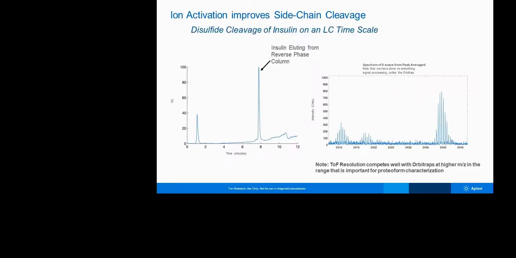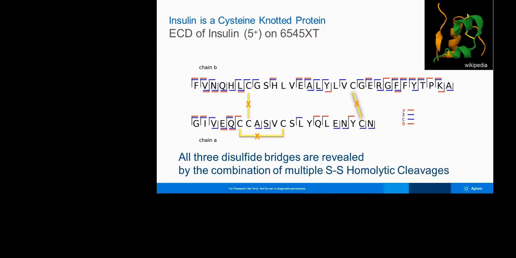And here's an example of analyzing insulin. So this is insulin that's not reduced, and it's eluting off a standard HPLC column. And you can see that you get very nice fragments with ECD spectrum that are nicely resolved. And if we start to analyze that, what we found was we could characterize where all 3 disulfide bonds were located. And to illustrate this, we have to analyze it in 6 runs, but basically we consider breaking this bond,